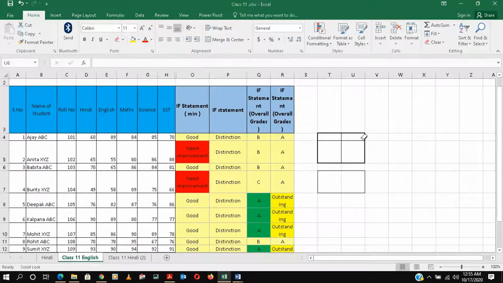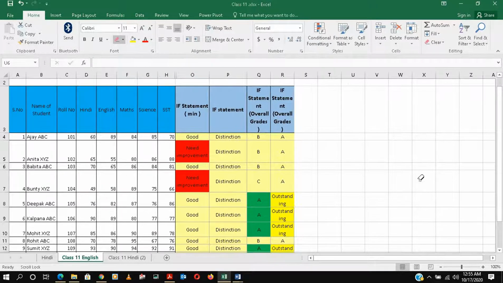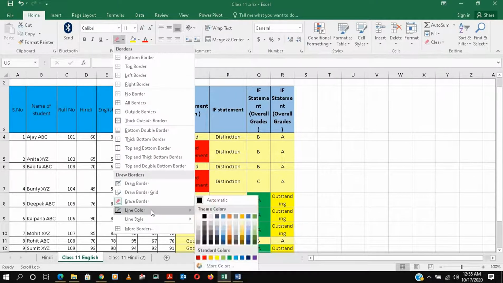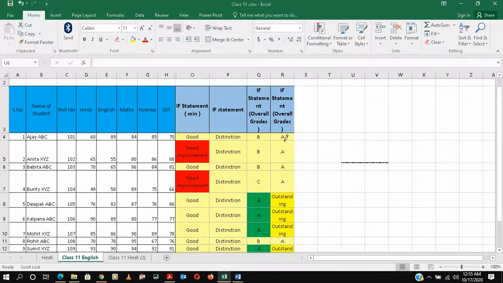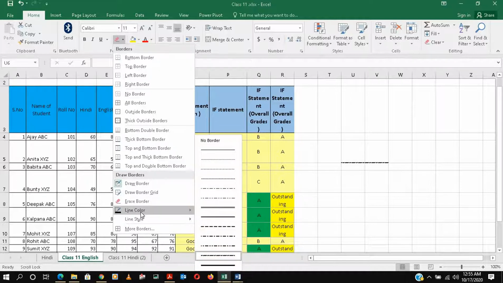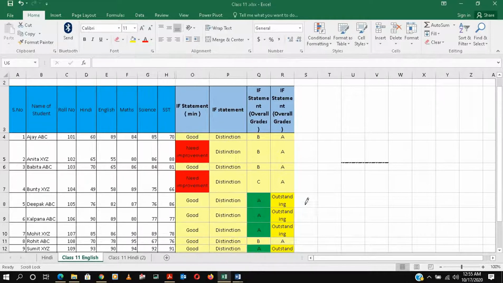If you want to erase a border, you can erase all the borders. Apart from that, you can change the line color and the line style. Line color we will also take red. So we select this, and this is how we do the border.